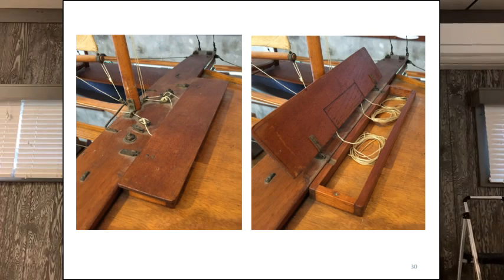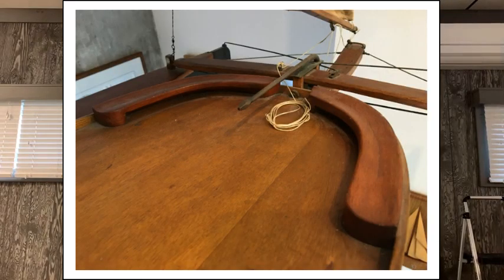Nice piece of mahogany. You can also see there on the photo on the left all the nicely sculpted deck plates to tie off running rigging, sail running rigging and such, around the mast deck. The next slide shows the tiller and these beautiful aesthetic cockpit seats that wrap around that teardrop-shaped cockpit. That's slide 31, and on slide 32,